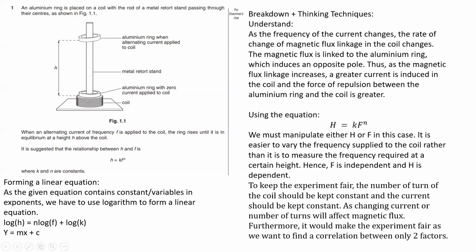So, forming a linear equation: as the given equation contains constant variables in exponents, we have to use logarithms. It can be log base 10, or natural logs, log to the base e, or ln, for example, to linearize the equation. So we take logarithms on both sides and we simplify to log h equals n log f plus log k. If your logarithms aren't strong, please look for resources to strengthen your logarithmic